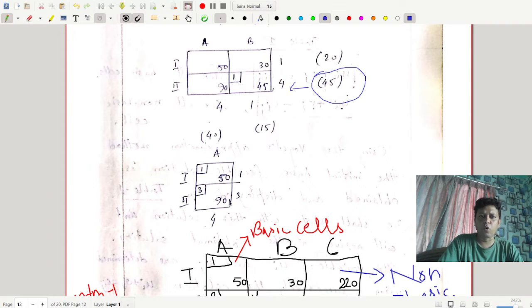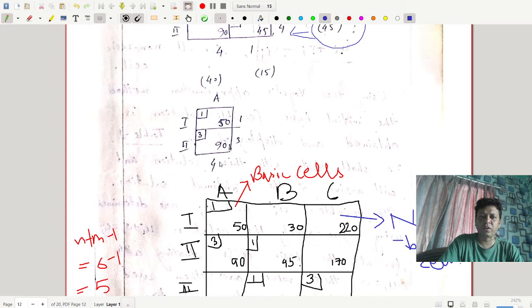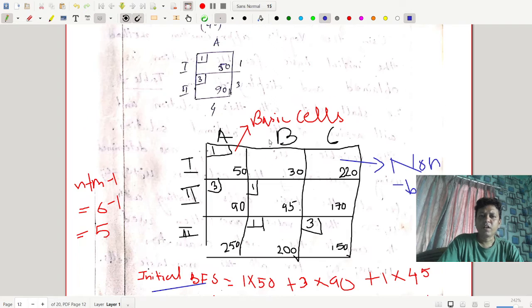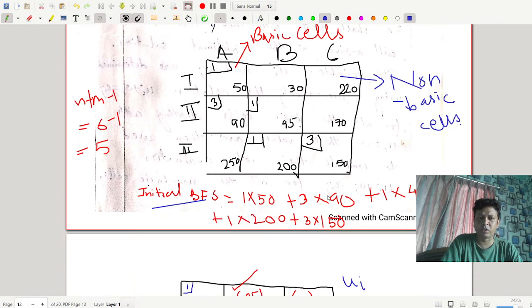So along this row, choose the minimum element, that is 45, and availability is 4 and demand is 1. So put your demand here because demand is less. So 4 minus 1, 3. So 1, 3, 4. So it's balanced. Here at 1 the availability is 1, at 2 the availability is 3, and destination A has demand 4. So 3 plus 1, 4. Just put the cell in 1 and 3. That completes the process of Vogel's approximation method.